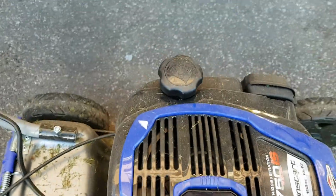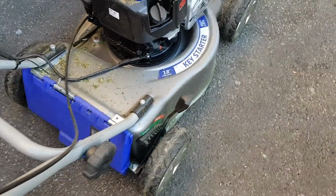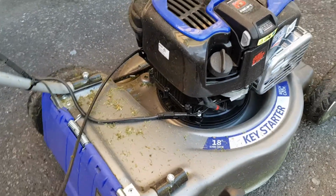like that. It's for the fuel, it's the oil, and the thing I like about this one most, and it's a mulch and catch mower. I've used this for about a year now, and it's